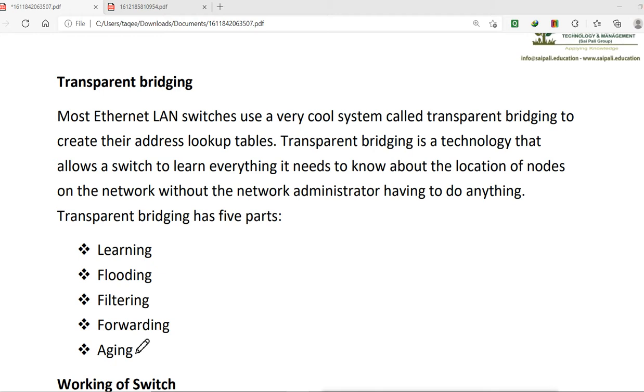Now why is it called transparent? Remember, this is our switch, and on the switch we have multiple ports, and in those ports we connect our devices.